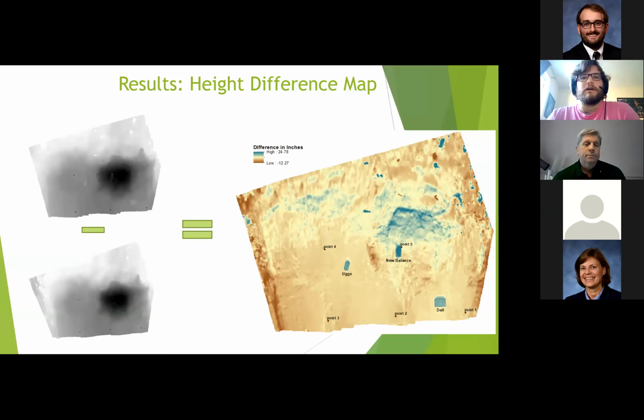And you might notice with the legend a pretty wide range of results. A lot of that was due to the outer edges of the survey and not having as much photo overlap on the edges. That was attributed to the wide range in the results, which I do recognize.